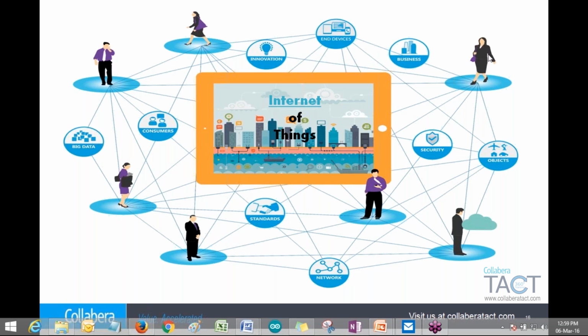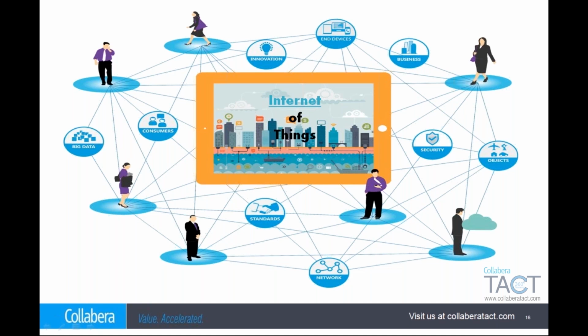I feel it is a world of things on which we are able to convey our messages, connect to people, and do things and interrelate things. Yes, true. We are all related to internet in one way or another. Internet is everywhere. People are using internet to upload lots of data, snaps, audios, documents, and videos, right? So here is a beautiful picture of Internet of Things, which depicts that it consists of people, end devices, business, security, objects, networks, standards. So when we talk about internet,